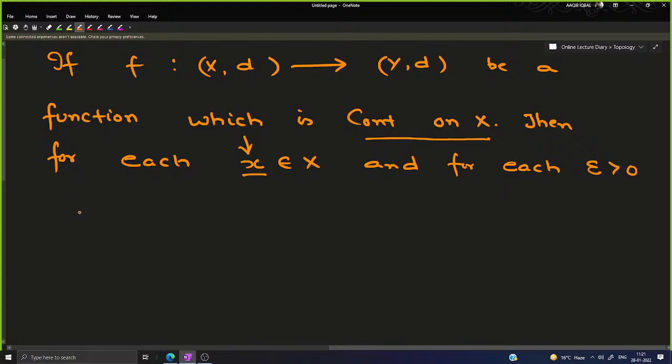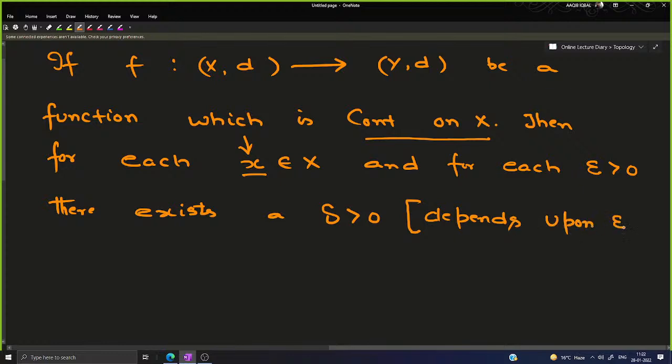मैं वही लिखने जा रहा हूँ. For each epsilon positive there exists this delta positive, और ये मैंने दिखाया है आपको. This delta positive in general depends upon epsilon as well as the point x. ये दोनों पर डिपेंड करता है in general,